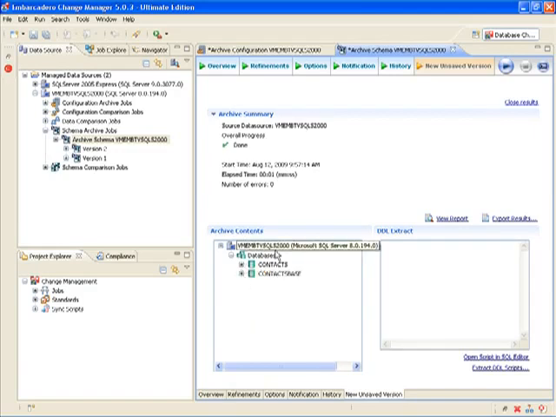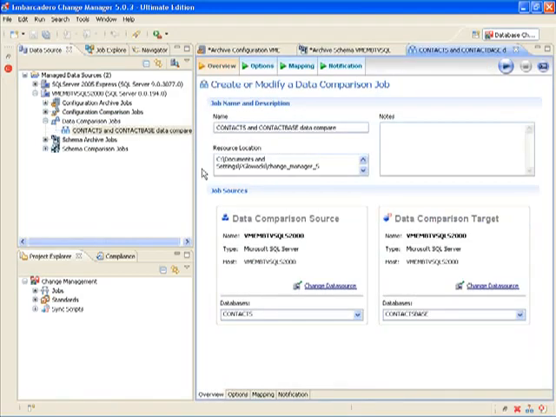What I'm interested in right now is the third level of any database, the actual data. What I can do is perform a data comparison job. So this is what I'm going to do. I have created a contacts and contacts base data compare job. I have two databases, one source database and one target database. The source database is the contacts database which my Delphi application is manipulating, and the contacts base works as